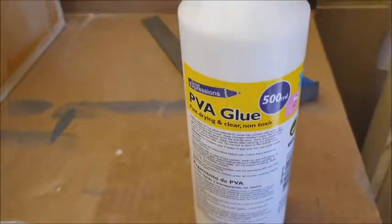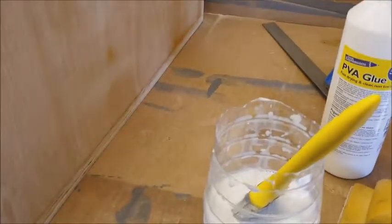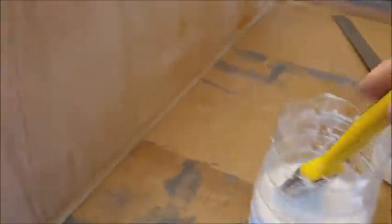But what I'm doing at the moment now, I'm just PVAing. I've just got some cheap PVA glue. I think that was like about £1. I've mixed it with some water, and I'm gonna just basically paint